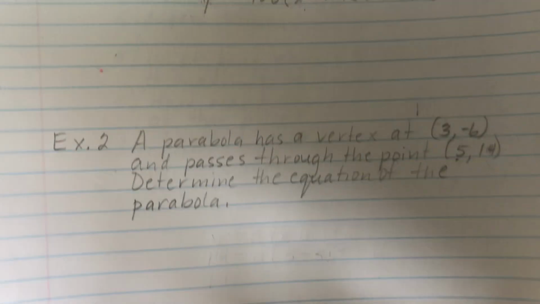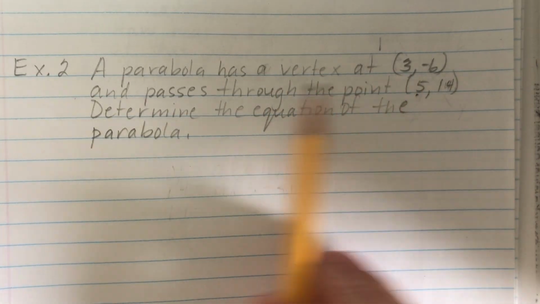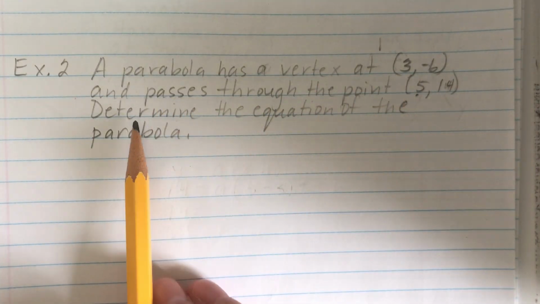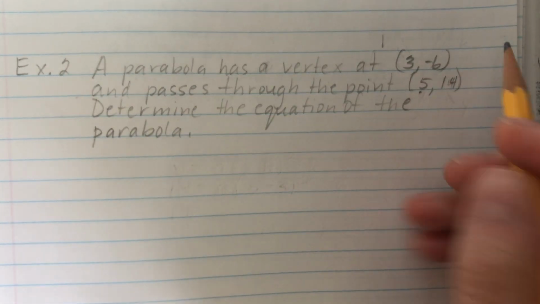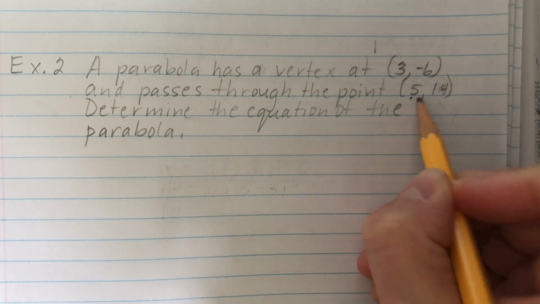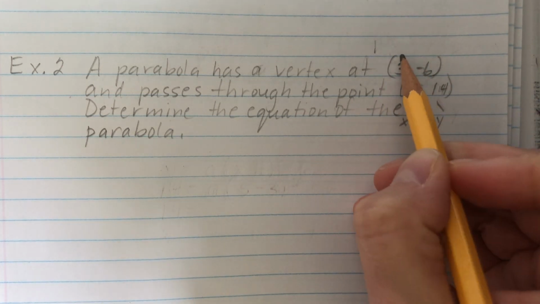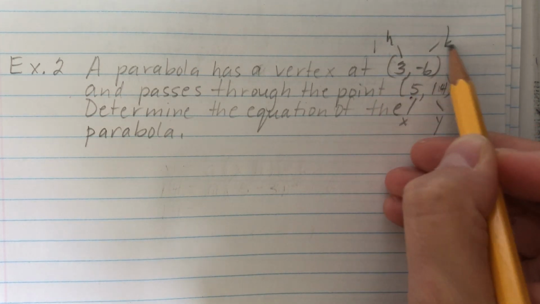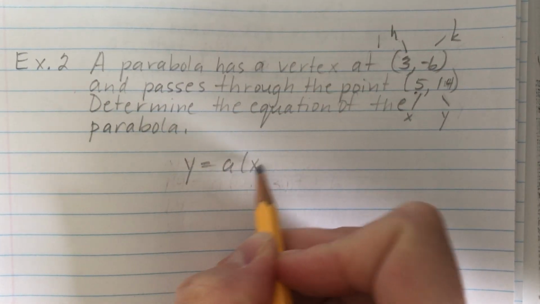Okay? In this example, it says that a parabola has a vertex at (3, negative 6). It passes through the point (5, 14), and we're asked to determine the equation of the parabola. Here we're not given a graph, we're just given a point and the vertex straight off the bat. So we can label the coordinates (5, 14) as x and y, and then the coordinates of the vertex as h and k, and then sub them into our vertex form